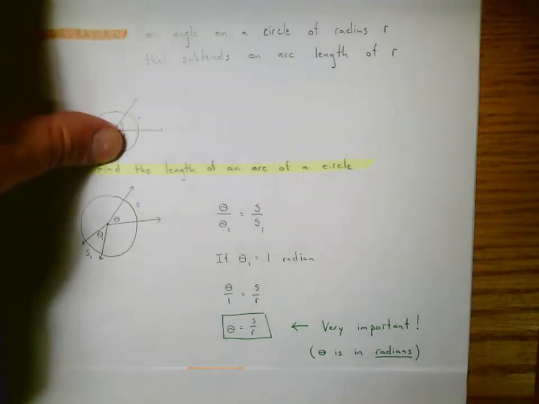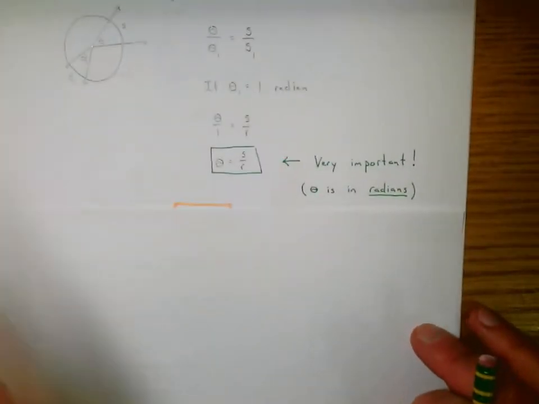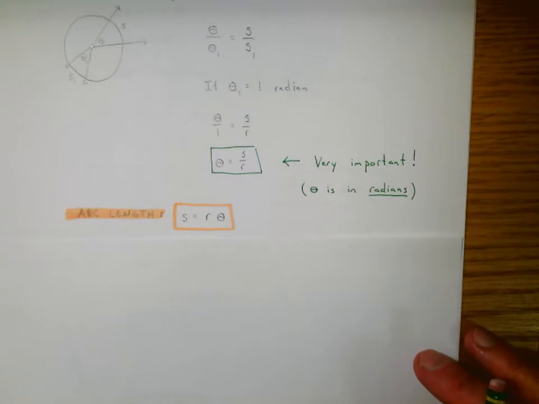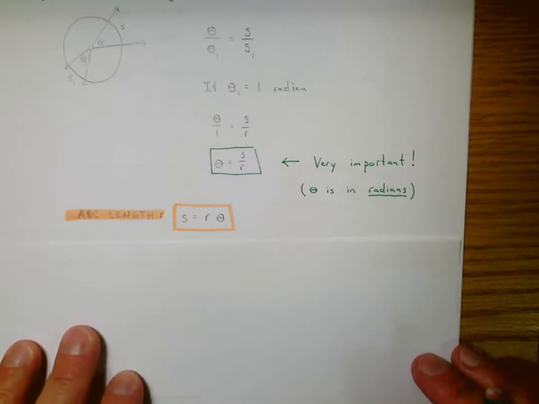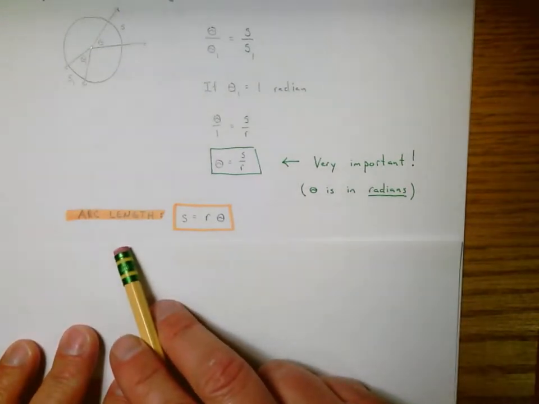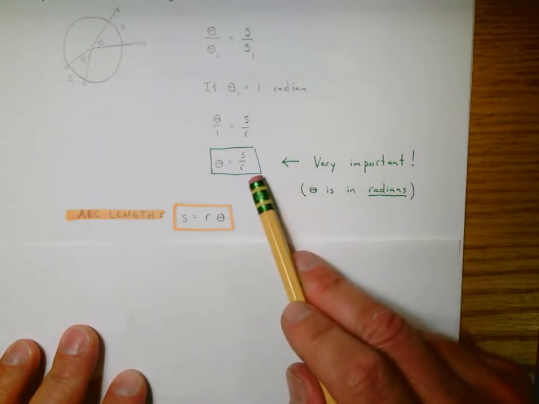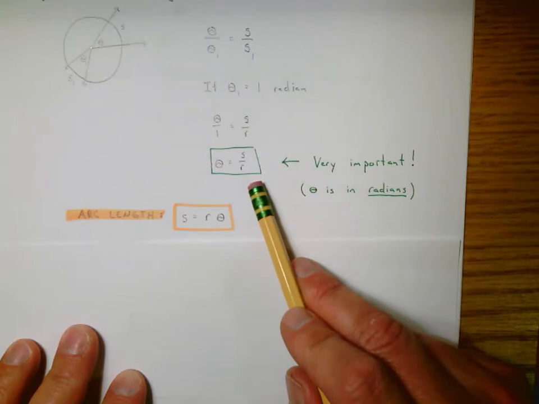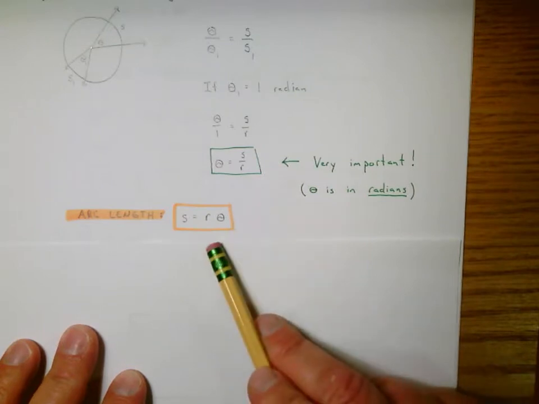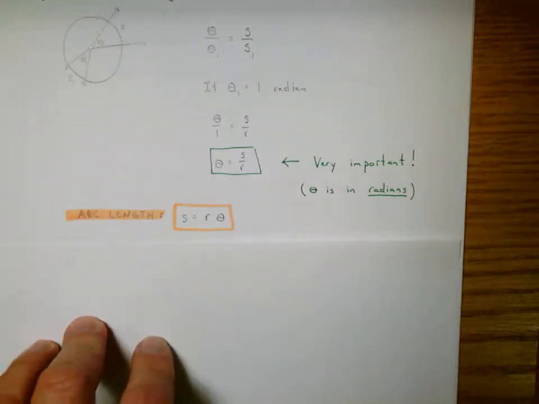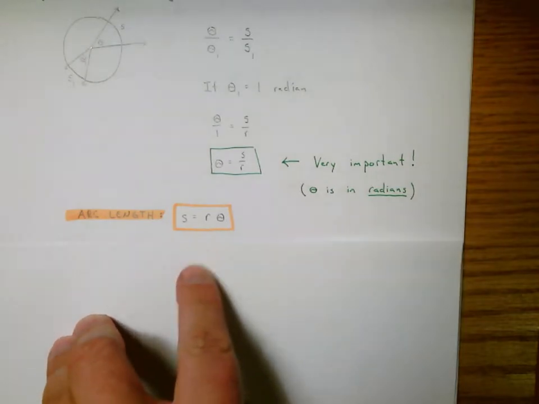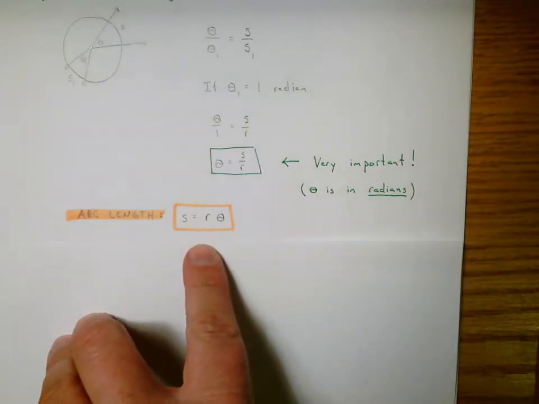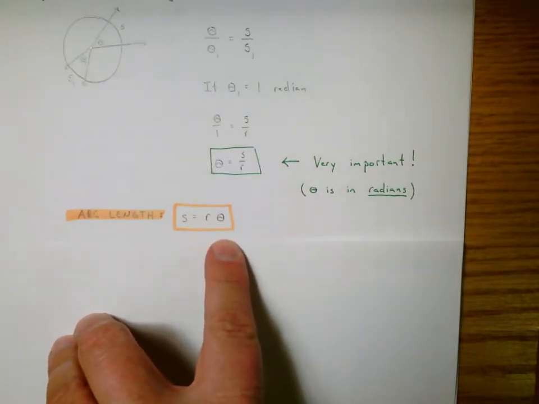All right, continuing right along. The objective said we would talk about arc length. All I've done here to define arc length is taken my equation from above and solved it for s. Multiplying both sides of the equation by the radius gives me this equation. The arc length subtended by an angle is equal to the radius of a circle multiplied by the angle measure